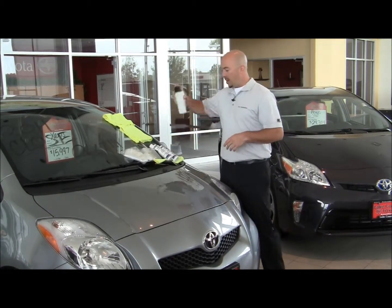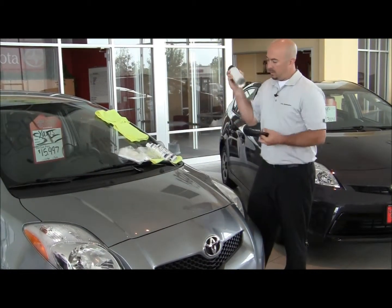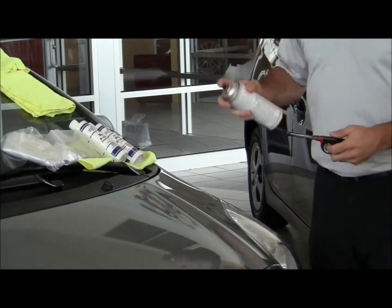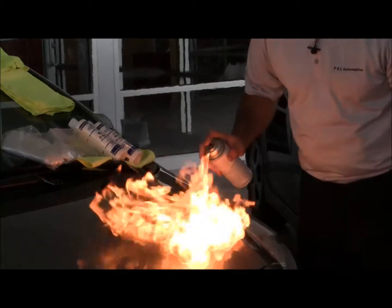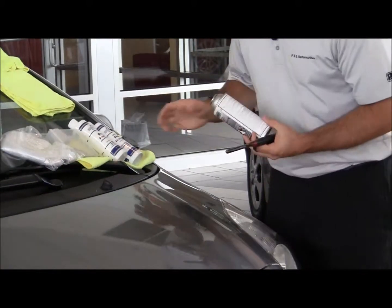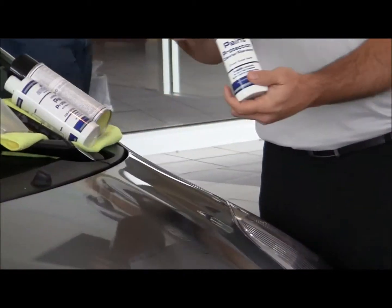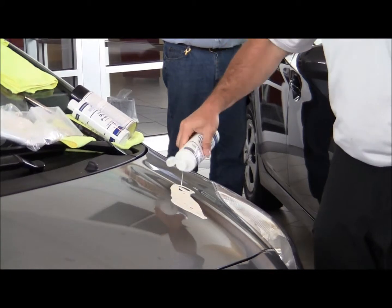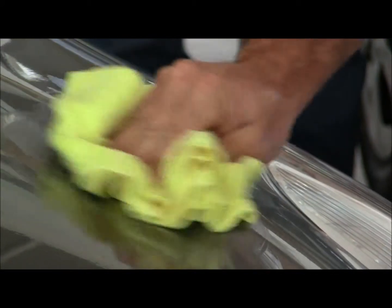To show you how well our paint sealant works, half this hood has been paint sealed. You can take this black spray paint, spray right there on the hood of the vehicle, start it on fire, and with the cleaner renewer product that we give out to the customer in our customer maintenance kit, you can take that liberal amount. Obviously this is a worst case scenario, but if it'll take that off that quickly,